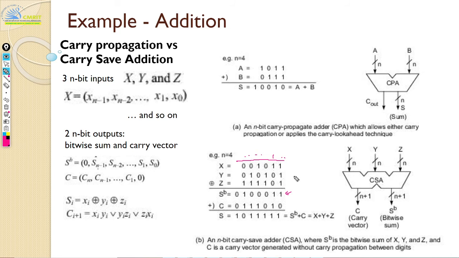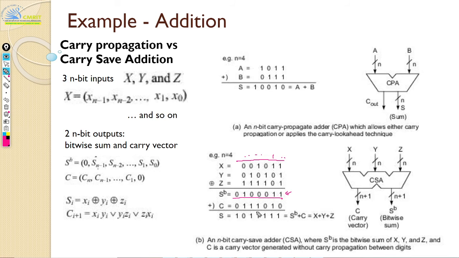The XOR operation is a good test to check whether the number of ones in a given set is odd or even. If the number of ones is odd, you get 1. If it's even, you get a 0. So in one step you can get all the sum bits, just by doing XOR and getting the output for the sum bit. But for the carry bit, it's a little bit tricky.